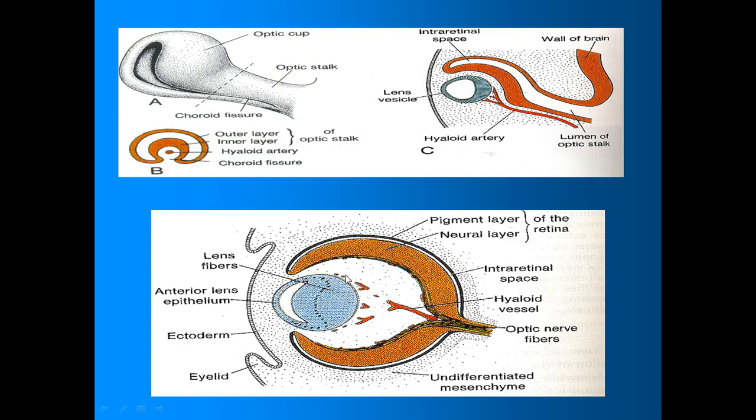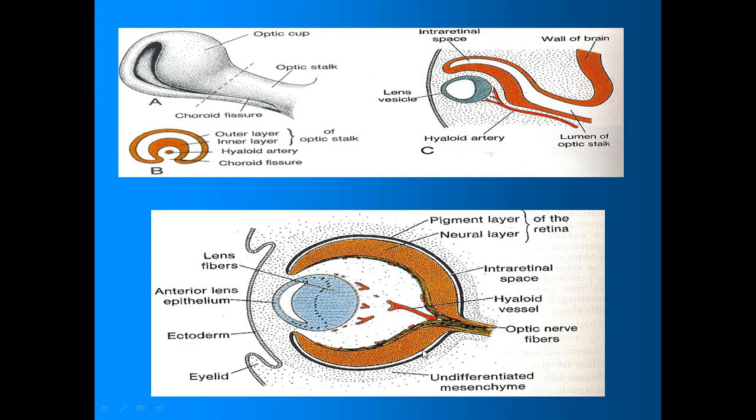becoming obliterated. At the same time, through the choroid fissure, the surrounding mesoderm is now invaginating into the eyeball. So behind the lens there is a jelly-like material. You can see one of my videos on the layers of the eyeball. That time you will understand better. This area is the jelly-like material. It will give rise to the vitreous humor,